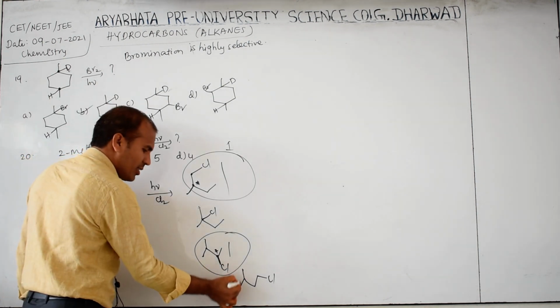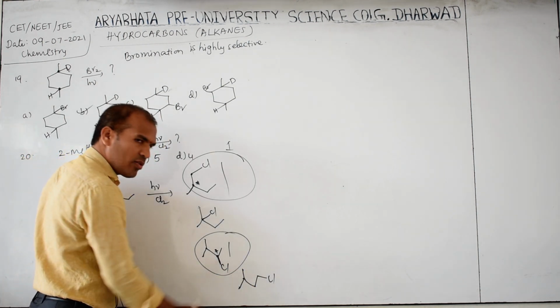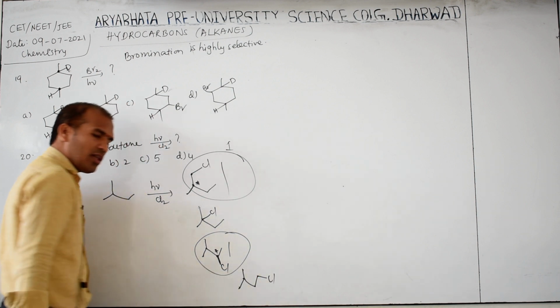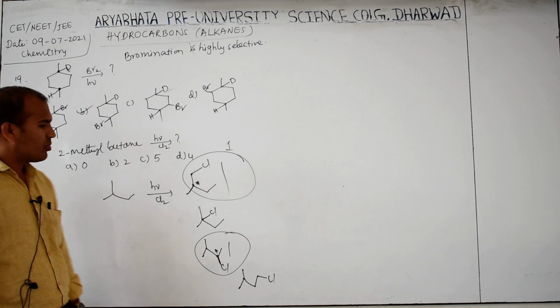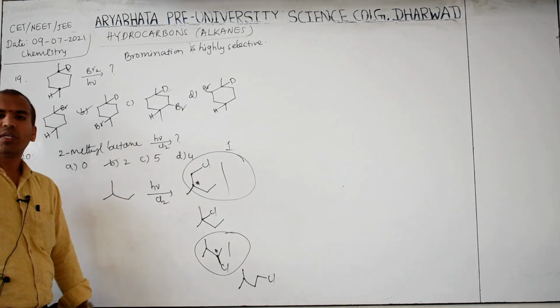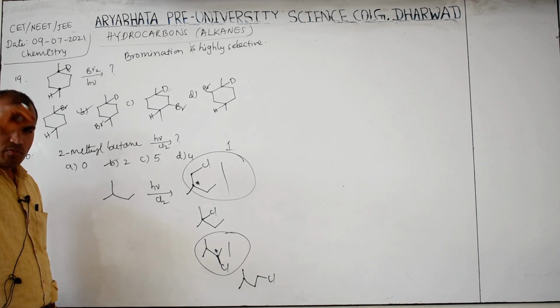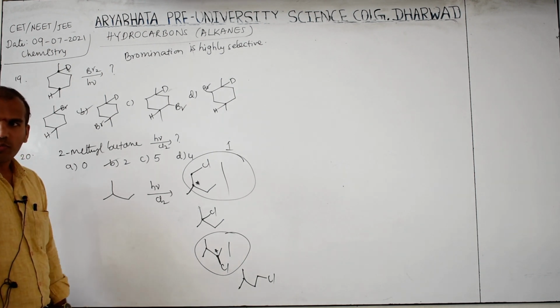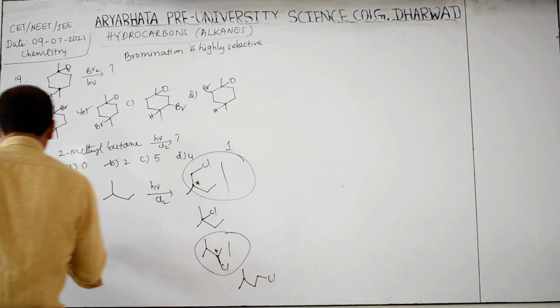Now here this carbon is not chiral. This carbon also is not chiral because two hydrogens are there. Here also two hydrogens are there. Therefore there is no chirality. Then how many enantiomeric pairs are there? 2. Option which one? B. Clear? If one chiral carbon is there, it means compulsorily its mirror image compound is possible. That you have to remember. Now 21.